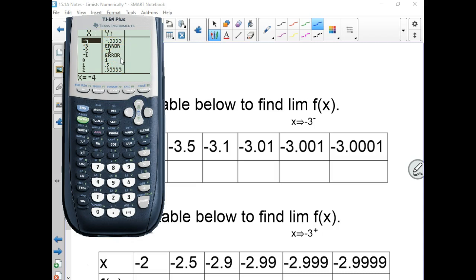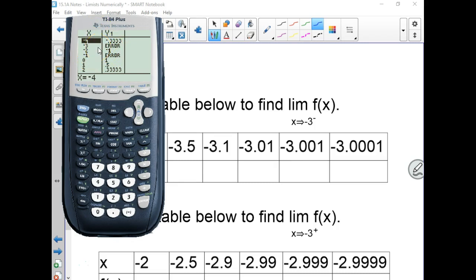That's usually where they ask you about the limit, because anywhere else that limit is just the number that you have. We'll see that a little bit later. But anywhere else, the limit is not very interesting. They usually ask you about the limit at these places where you have errors in your calculator. So I can't really tell by this what is happening close to the negative 1 or close to the negative